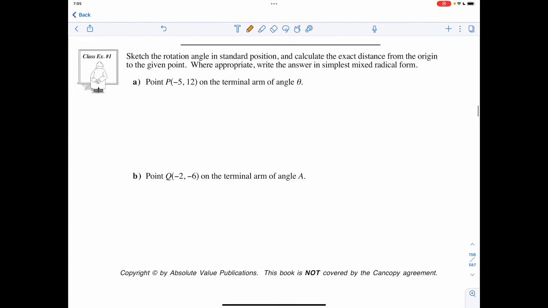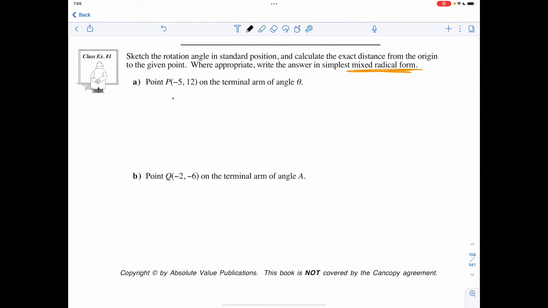If we put this into practice, it says, with example 1, sketch the rotation angle in standard position and calculate the exact distance from the origin to a given point. Where appropriate, write the answer in simplest mixed radical form. We're going to start to see that more and more of these are going to wind up being radicals, because typically we don't have nice round numbers for all the side lengths of a right angle triangle. So